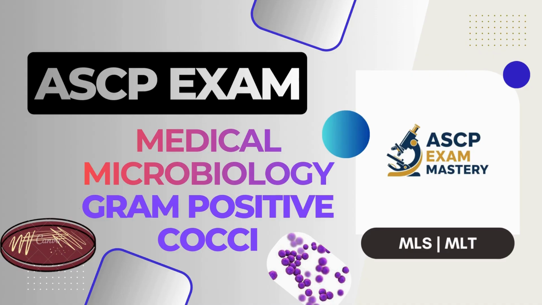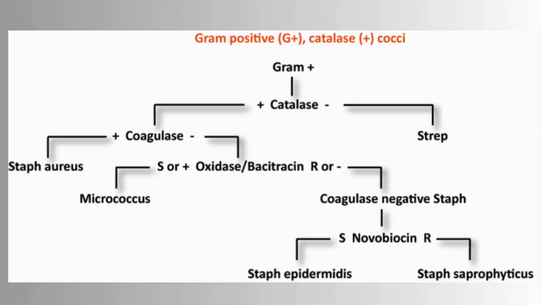In this video, we are going to see medical microbiology, especially the gram-positive cocci. Gram-positive cocci are divided into two categories based upon the catalase test. The catalase test will be positive for Staph aureus and negative for Streptococcus. Further, the coagulase test will differentiate Staph aureus from Micrococcus and coagulase-negative Staph. So coagulase positive is Staph aureus, and coagulase negative is Micrococcus and coagulase-negative Staph, and oxidase positive is